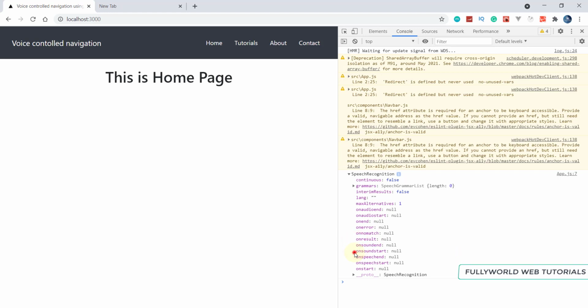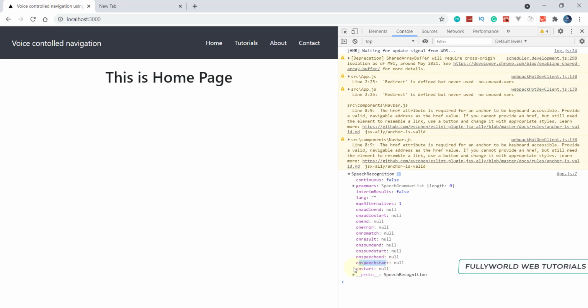So onsoundstart, when we start speaking here, we can do many things. Onspeechend, if our speech has ended, then what do we have to do here? Onspeechstart, when we started speaking, same meanings are there.